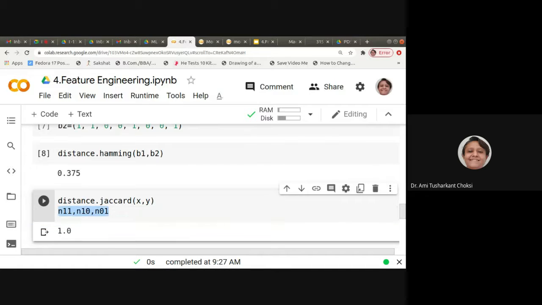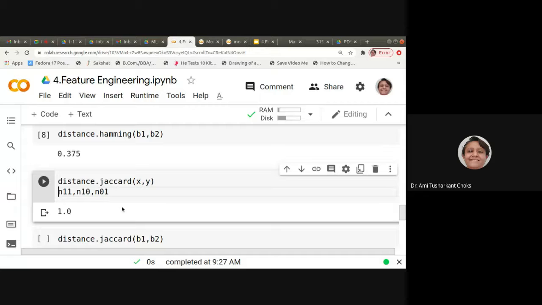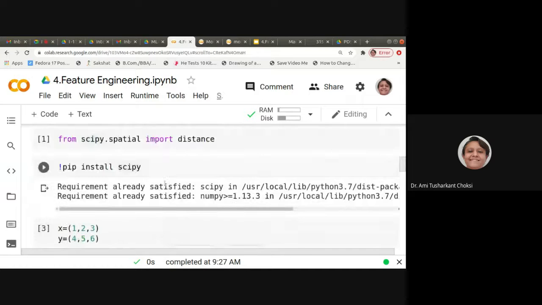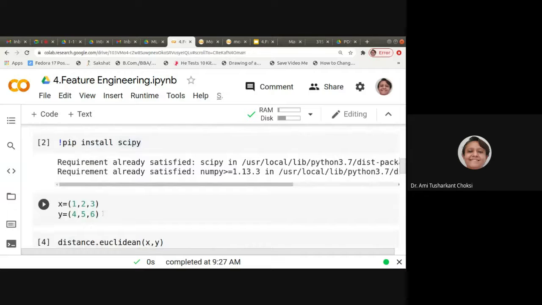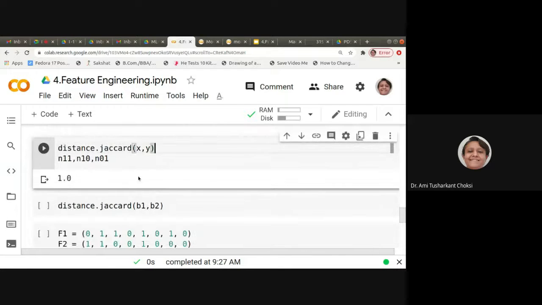Now here, what is the case? We are having 1 only. If x and y have a value, then all will be considered as 1. All values, whatever x and y have, 1, 2, 3, 4, 5, 6, all will be considered as 1, fine. And then we are finding the distance with this one. It is not given in binary, fine.